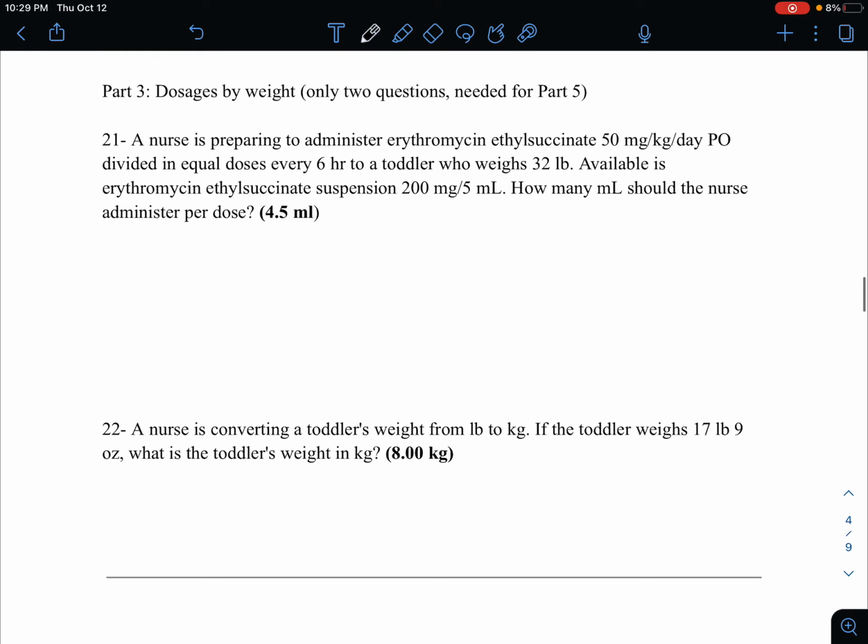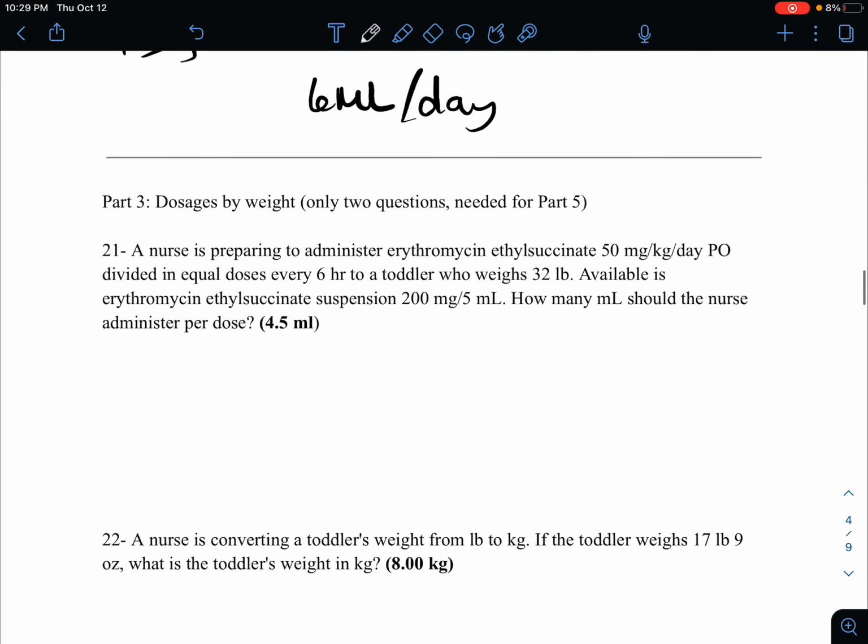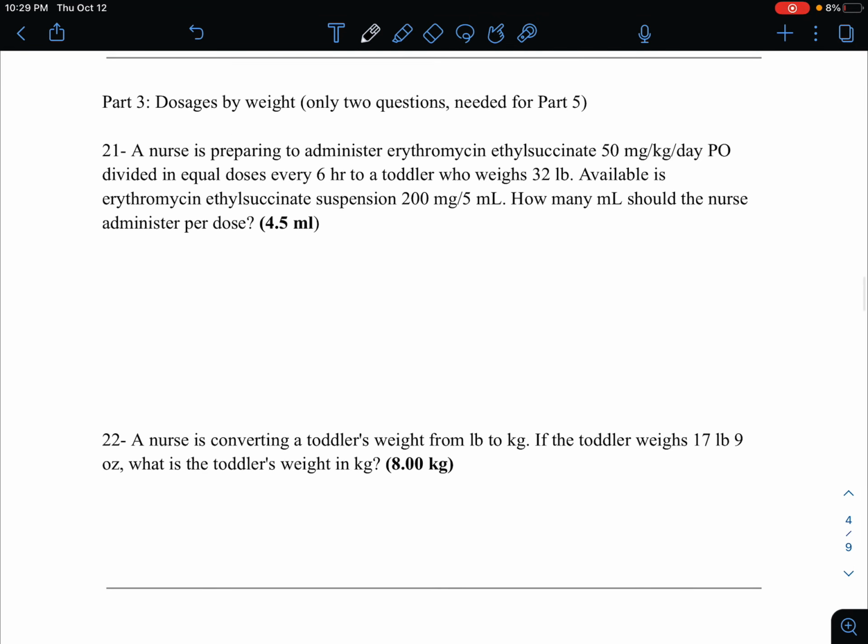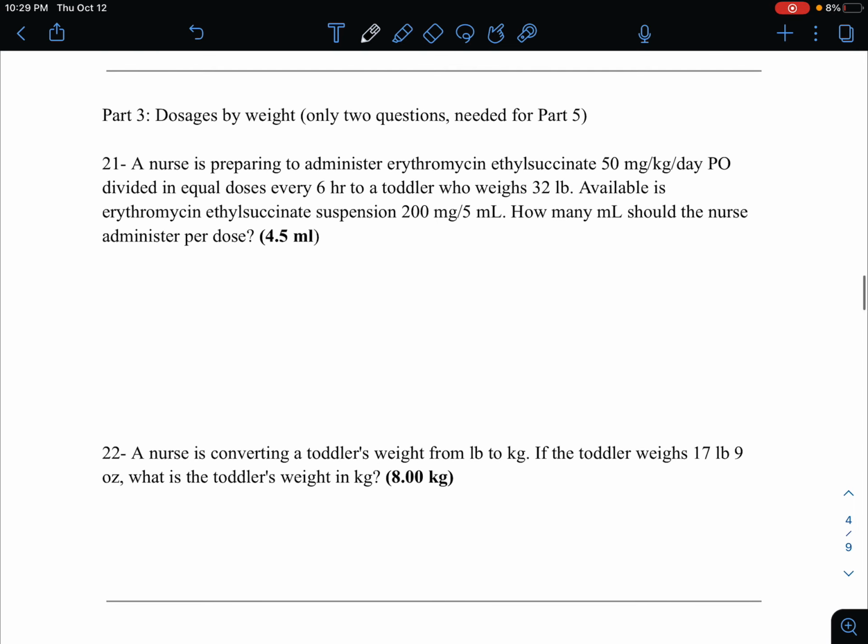Okay, dosages by weight. So this one is kind of similar to what we've been doing back here, but we've been doing this all along, but I'll go through it really quickly for you. Same thing, 50 milligrams a kilogram a day, every 6 hours divided into equal doses. So how do you divide 6 into equal doses? 4. So this is going to be administered 4 times a day. So the toddler weighs 32 pounds. How many is this in kilograms? So 32 divided by 2.2 equals 14.5